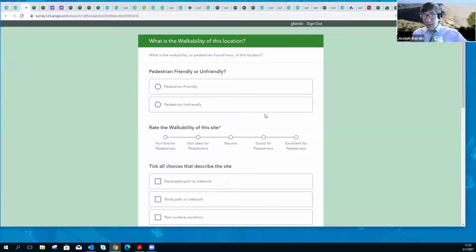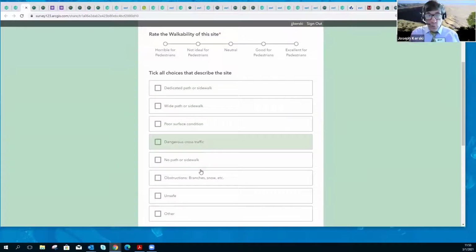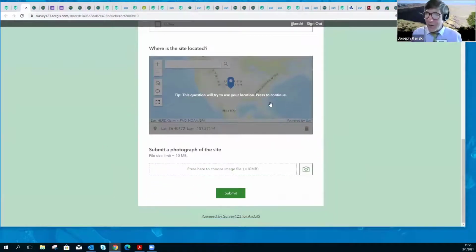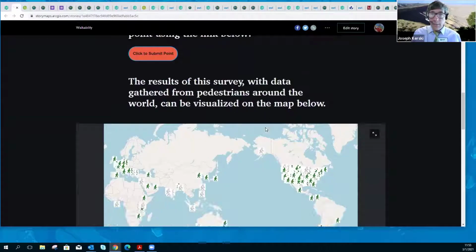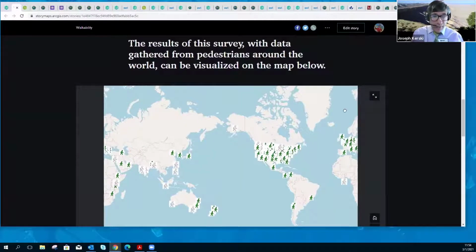So my survey has about 5 questions: friendly or unfriendly for pedestrians, rate the walkability, so I have a little Likert scale in there, tick all the choices that describe the site: branches, snow, nice wide path, where is it, and then do you have a photograph of it? So kind of a simple survey, but then in my story map, I've got, like you did, you placed map, I've got my